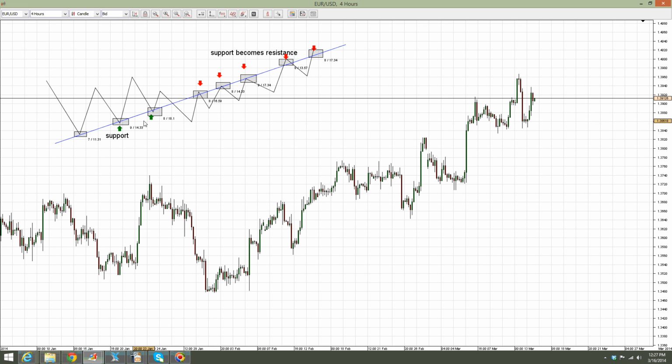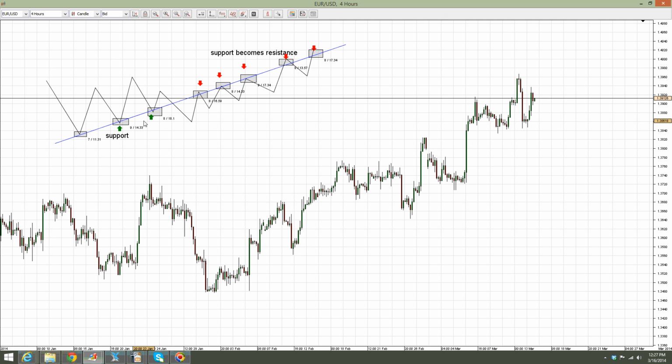Hello again. The second part of our project, the beauty of a trend line, or how to find important support and resistance areas based on a trend line. The first part of this project is part of trading strategies that work here on binaryoptions.net.au. In the first part, we laid out the theory. Now, in this second part, I would like to show you a classical example on the Euro-US dollar with the